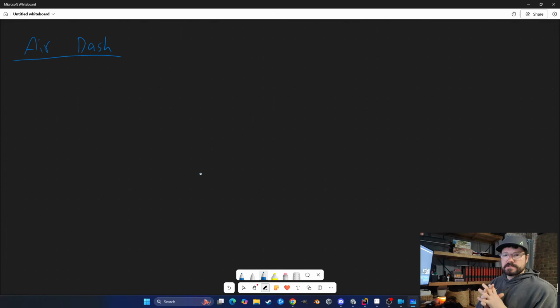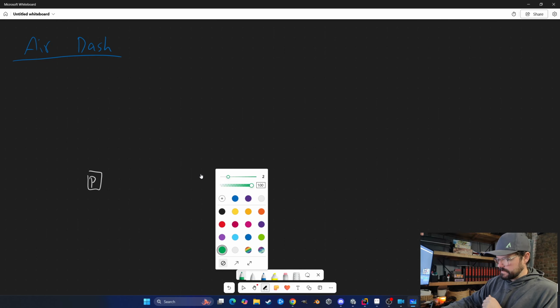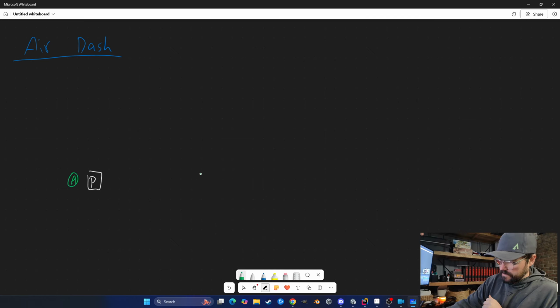I got a bit of an early start this morning, so I'm already a chunk into some work. This morning is going to be the air dash, putting in the functionality to enable the player to air dash. So what I want this to look like is that the player could feed in some jump input, which would put them then here, and then